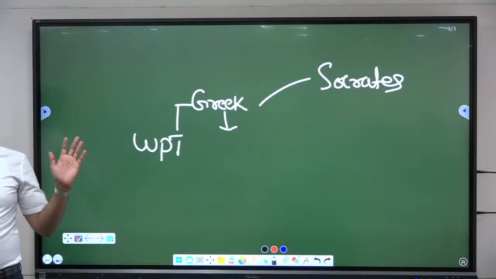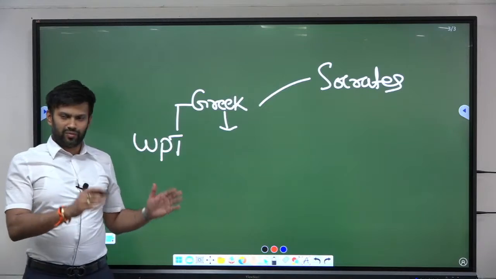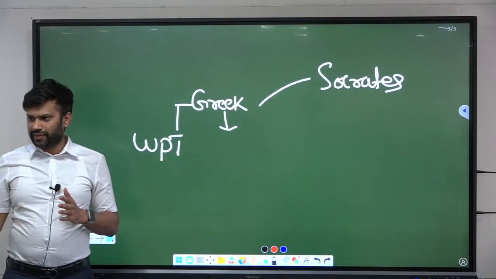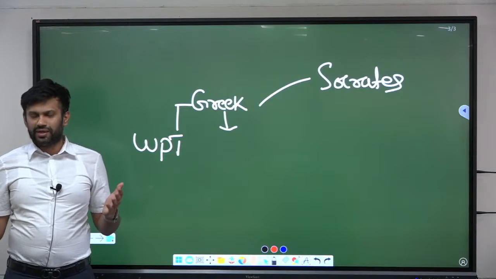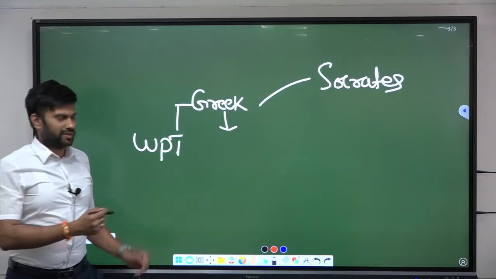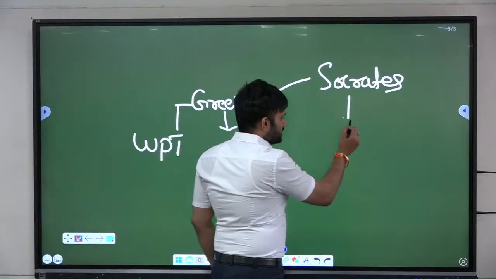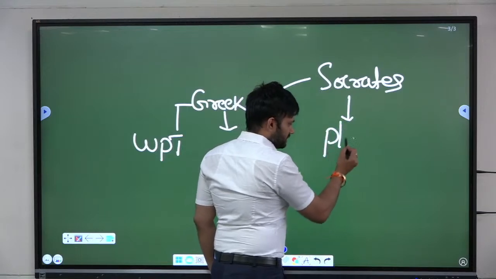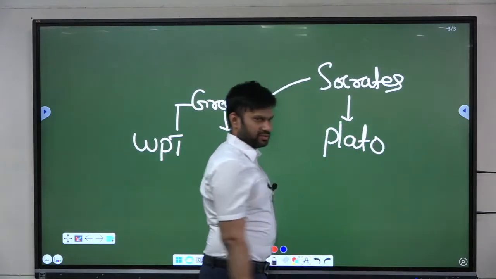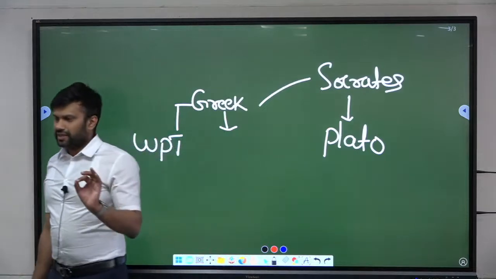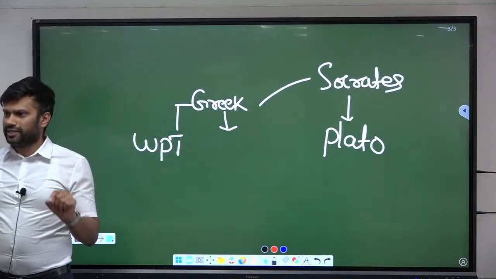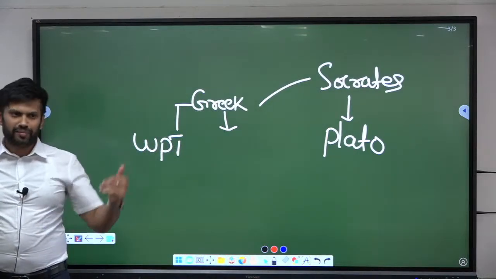Socrates has spoken about many other things. We won't be focusing on that. We will be only focusing on what Socrates' influence on Plato was, how it shaped the ideas of Plato, and what are the different ideas provided by Plato. Then the scholar which is there in your syllabus, Plato and his ideas. Again, here only limiting to his political ideas. Again, Plato has spoken about many things, but